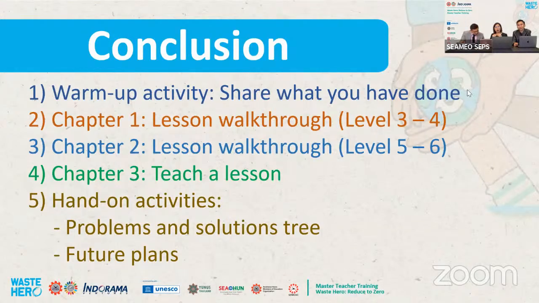And then we have the lesson walkthrough for level 3, which mainly focuses on reviewing with students what can be recycled and what cannot, how to separate waste properly, and how to calculate the waste they produce each day, like a waste audit. Okay. And then for level 4,